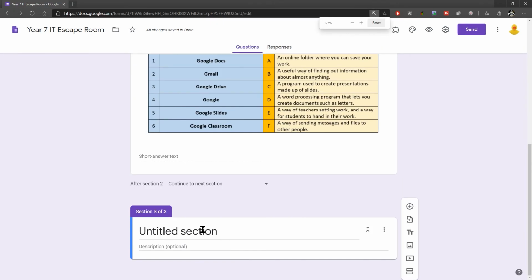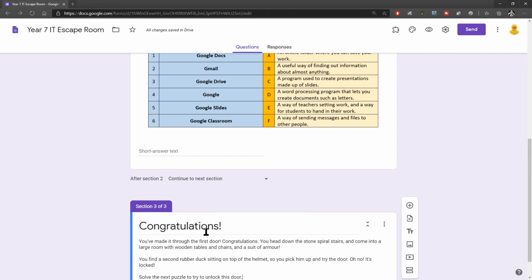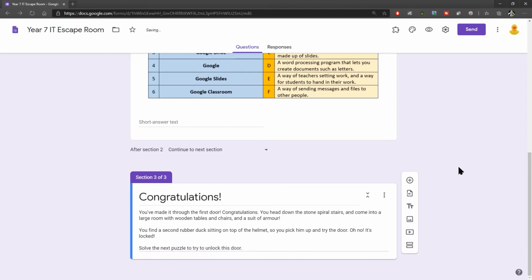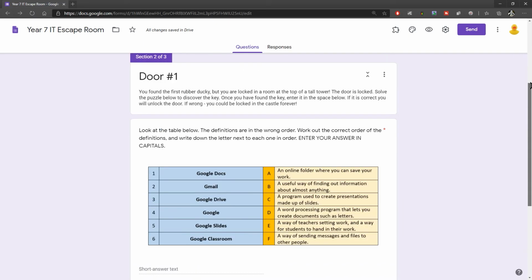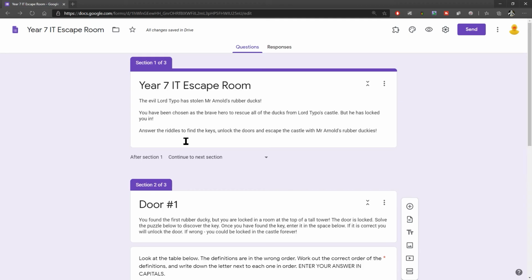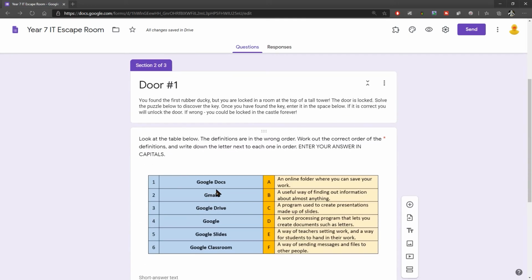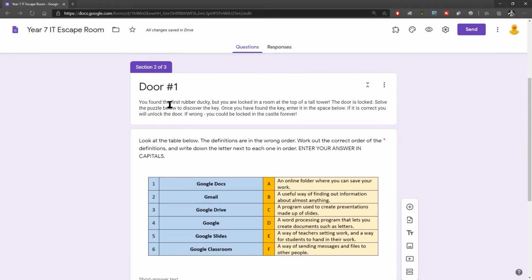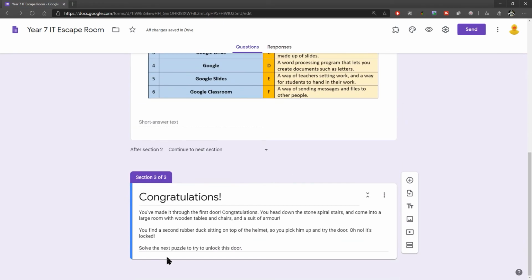So again, I'll just zoom in a moment there, and I'm going to use the title for this section, congratulations. And then of course we want to have a little bit of a description as what happens next. So we've got through that first door, right, where are we now? So you've gone through the first door, this is where you are now, this is what is happening. Oh, but you've got another challenge coming up. So now we need to solve the next challenge. So you can see that we've got kind of an alternating situation. We've got scenario page, question, and the question has two parts, little scenario and the question, then a scenario page,